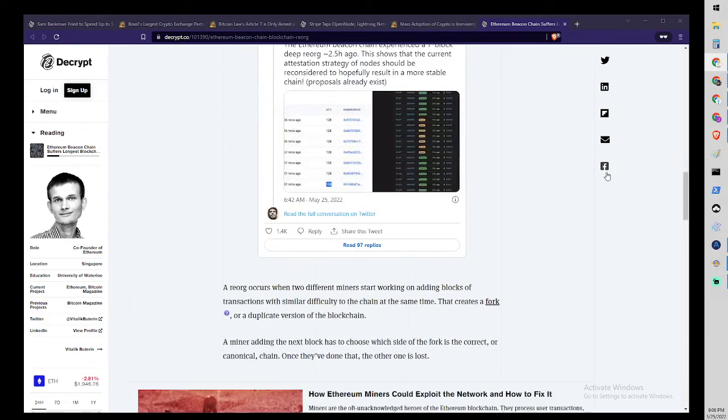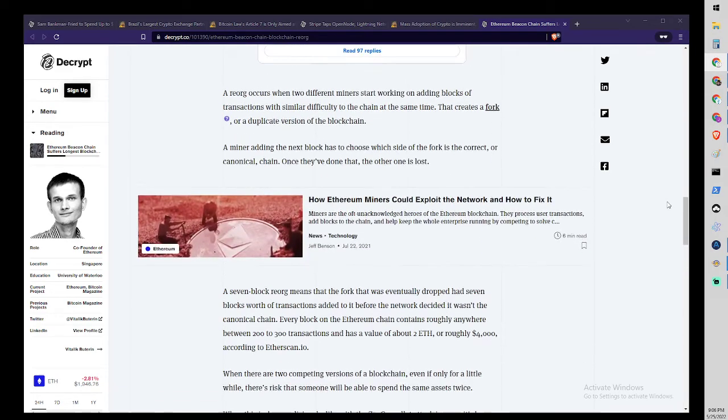A reorg occurs when two different miners start working on adding blocks of transactions with similar difficulty for the chain at the same time. That creates a fork or a duplicate version of the blockchain. A miner adding the next block has to choose which side of the fork is the correct, or what is it, canonical, and